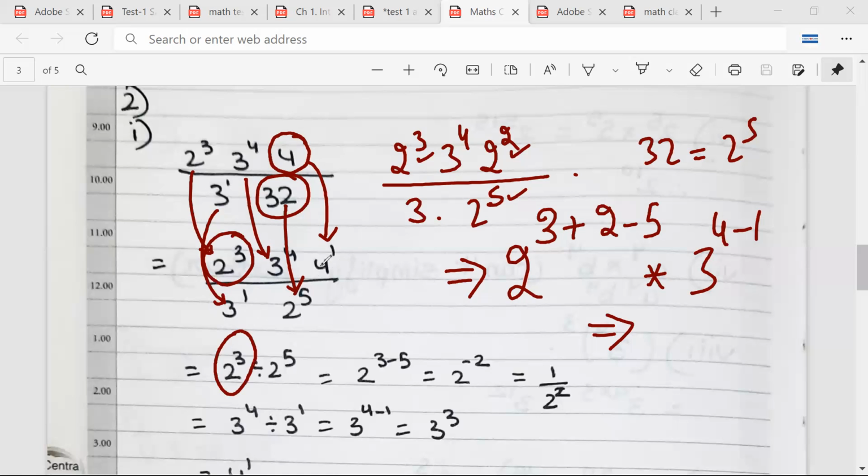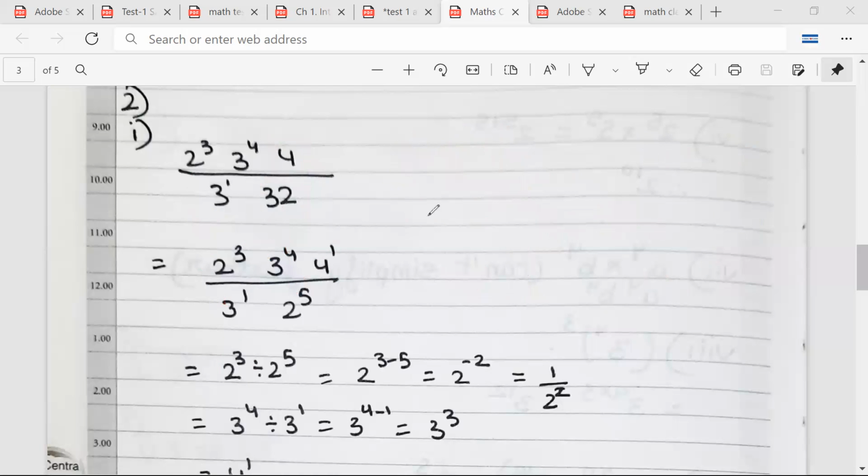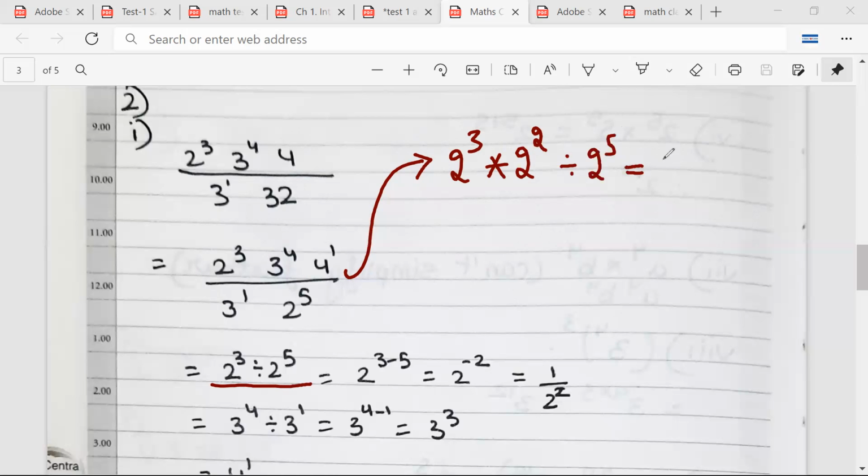See, the simple thing that you can do is you can also write this 4 as 2 square. Sanvi, any doubt about this? No, sir. So for example, if I use your method, when I am doing this, what I'll write is 2 cube into 2 square divided by 2 raised to power 5 is equal to 2 raised to power 5 minus 5 is equal to 2 raised to power 0 is equal to 1.